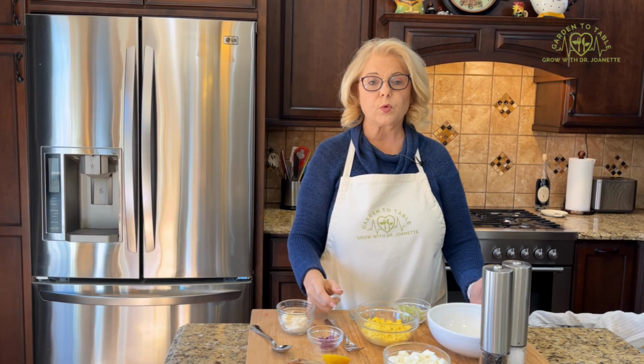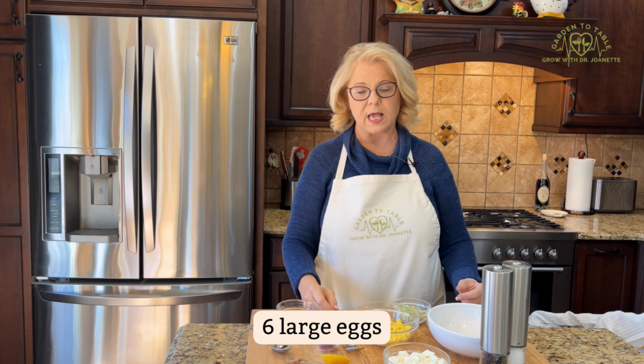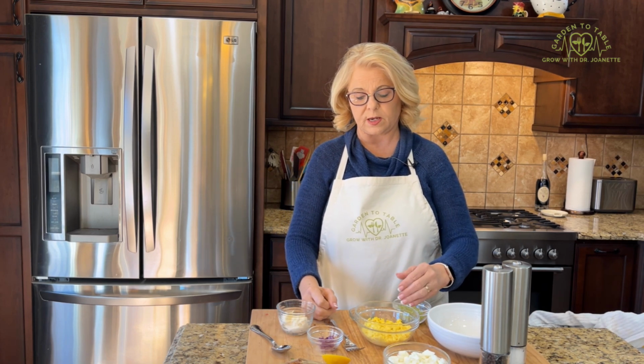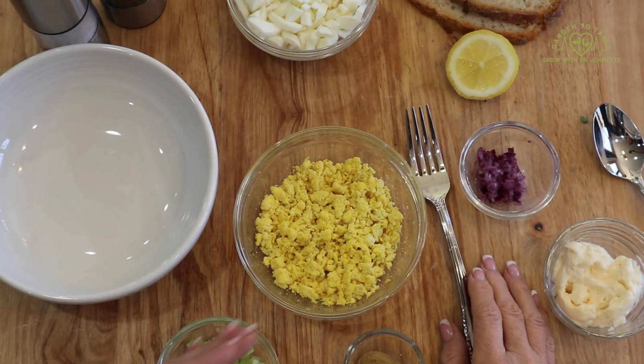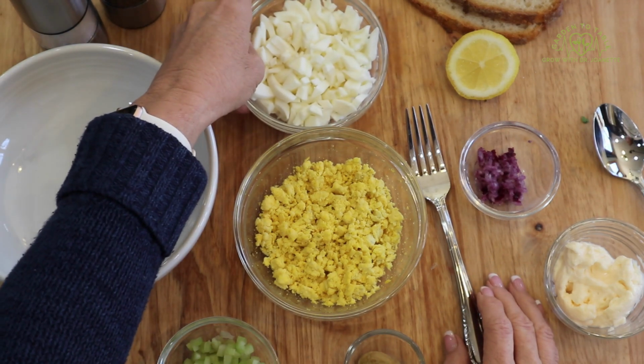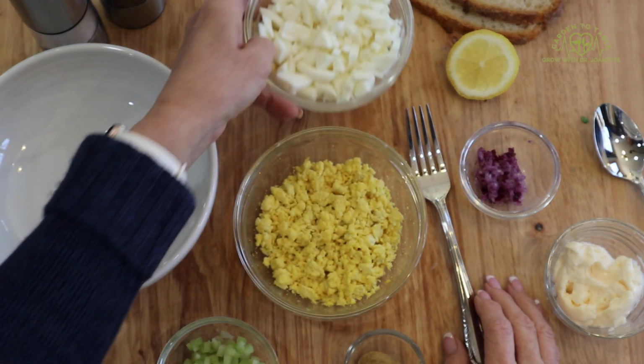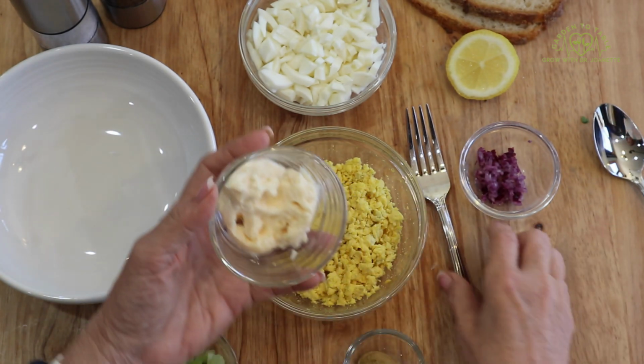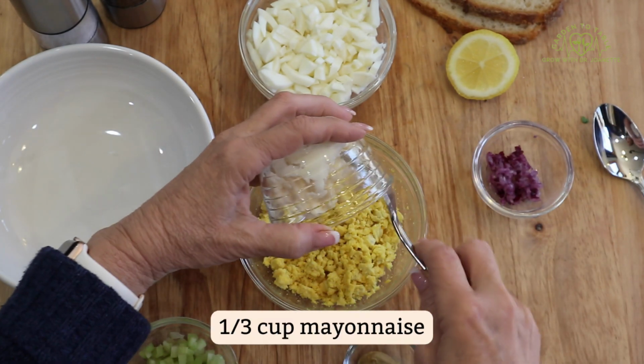I started with 6 hard-boiled eggs. I cut them in half, took out the yolks, and mashed the yolks up here in this bowl. I also diced up the whites in this other bowl. To the yolks, I'm going to be adding 1/3 cup of mayonnaise,